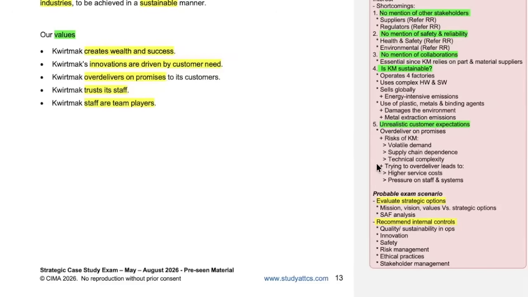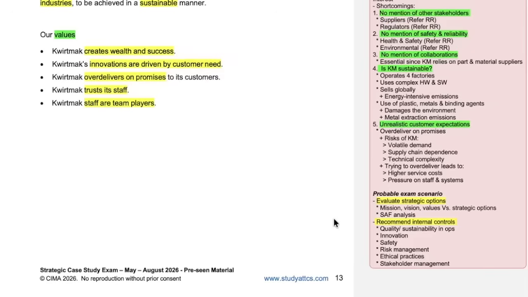So under the suitability element of the SAF framework, as well as the examiner might directly ask you to evaluate a strategic option just considering the vision, mission, and values. So in both these type of questions, your knowledge concerning the existing vision, mission, and values of your chosen company will be tested. And also, you should be able to suggest internal controls which are tied to quality and achieving